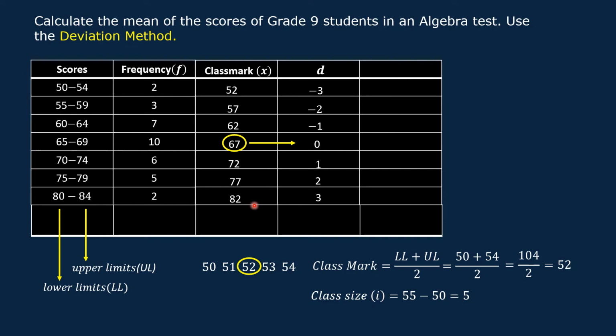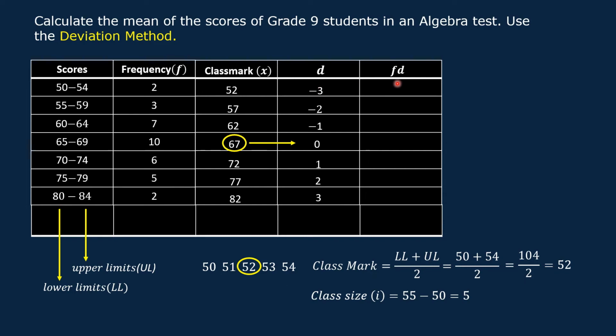Actually, there is no need to do all these computations. Just write 1, 2, 3, and then negative 1, negative 2, negative 3. And then in the last column, write FD, meaning